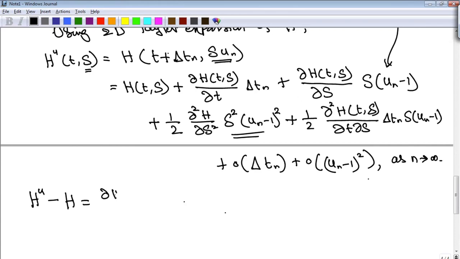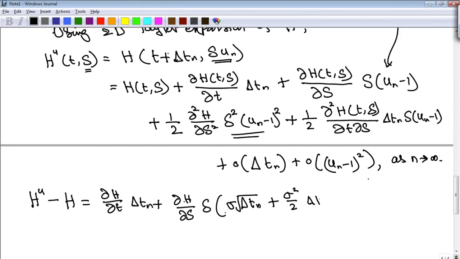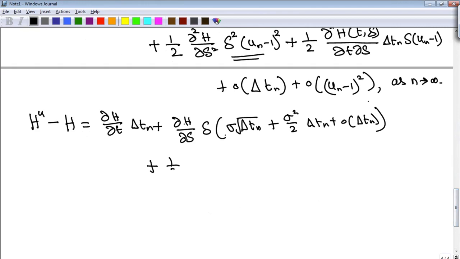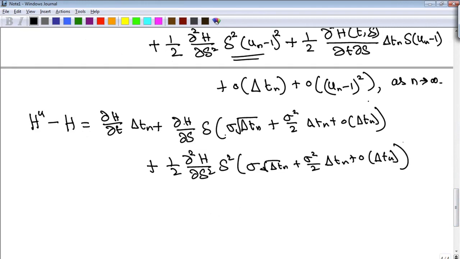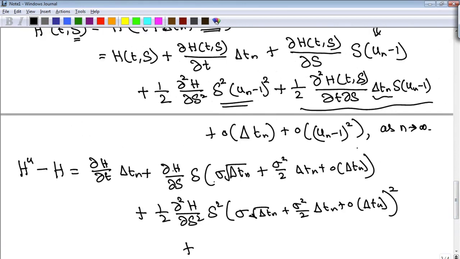We have dou h by dou t delta Tn plus dou h by dou s into un minus 1. We already know how un looks like. It is sigma s square root delta Tn plus sigma square by 2 delta Tn plus small o of delta Tn. Similarly, plus 1 by 2 delta h square dou s square into the same expression for un minus 1 to the power of square. As I told you, we will also leave this term, we'll club this term into this